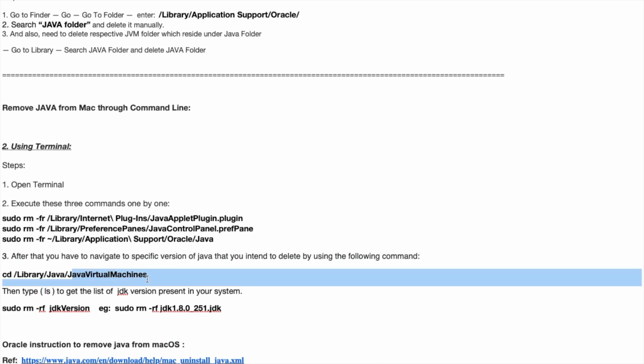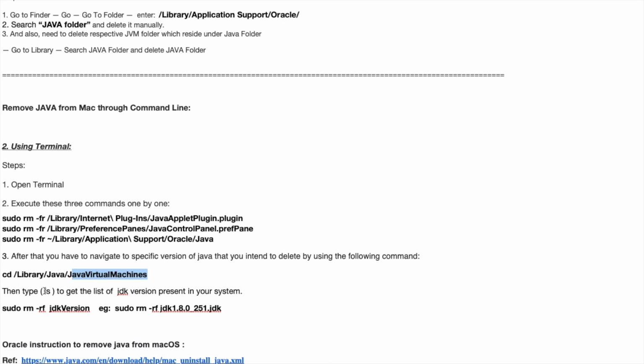In this Java Virtual Machines folder, after writing ls, you will get a few JDK versions, and then you have to select the JDK according to your requirement and write sudo rm -rf and then JDK 1.8. In my case it is 1.8; it depends on your installation. Write that and press enter. After that, Java is uninstalled from your system with this method.